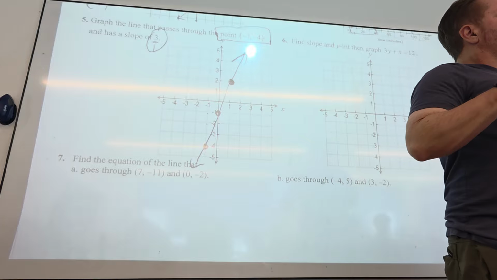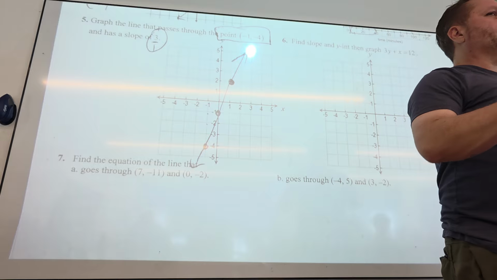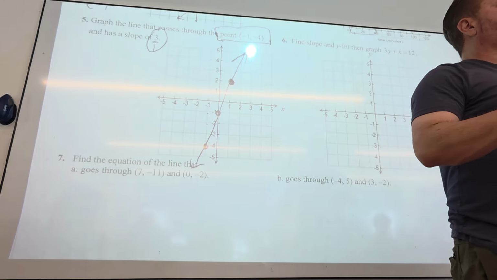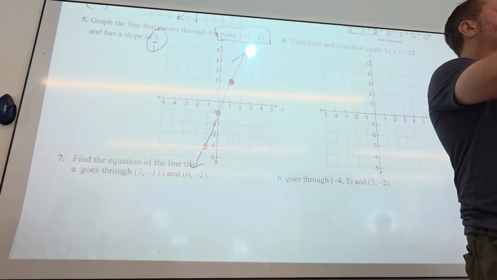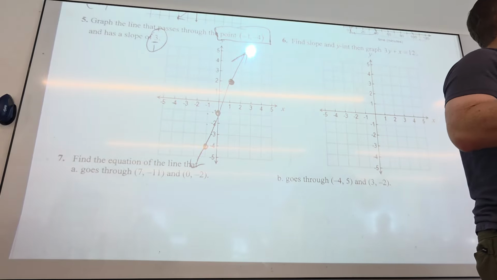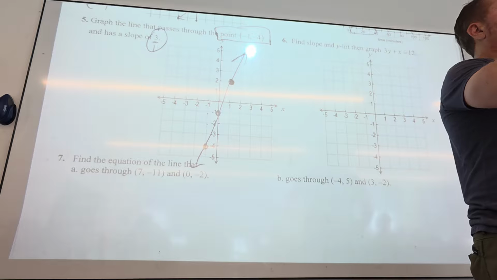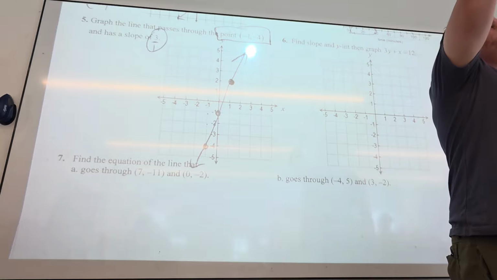So 2 things that might be good for some of us. Again, if I was a student in this class, I would tell myself, get some graph paper and a ruler. But it's up to you. Get graph paper, a ruler, and go to town. Not too bad of an idea.